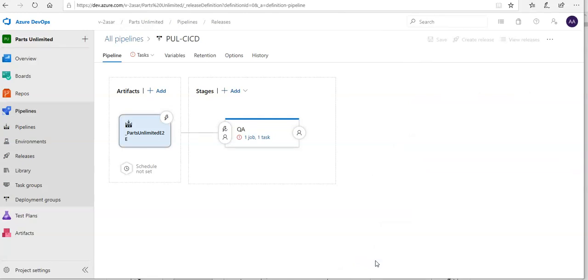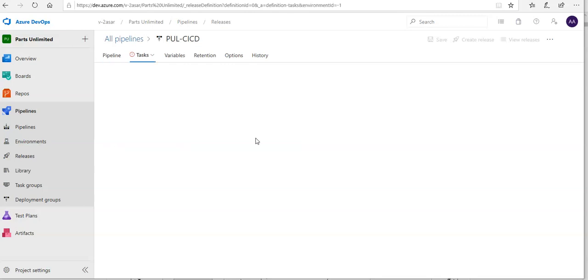Now that the artifact has been defined, it's time to configure the deployment to QA. So this is the pipeline, and this is the artifact that would be deployed. But at which stage do I want to deploy it? Remember, I created two web apps, one for QA and one for prod. In here, I'm configuring the deployment to QA. Now if you click on this one job, one task in the QA stage,